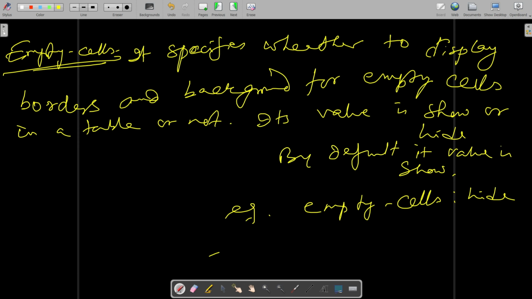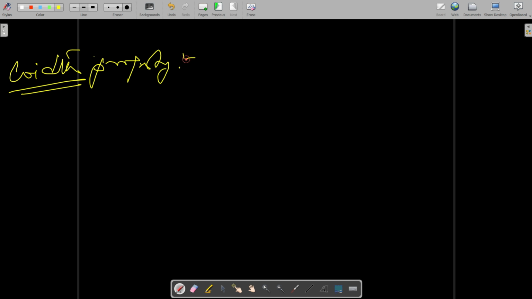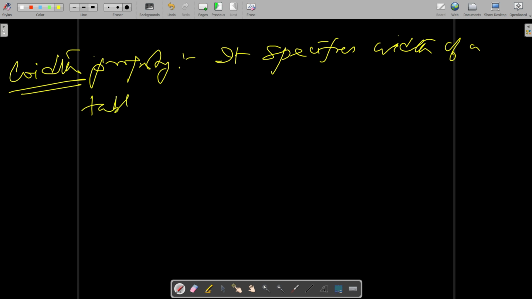Next, there are height and width properties, two other important properties. What is the purpose of the width property? It specifies the width of a table.